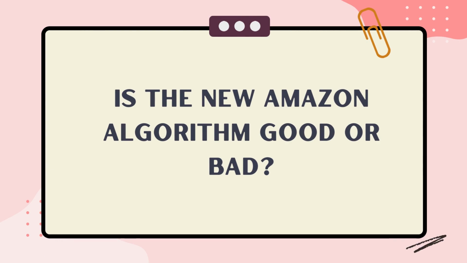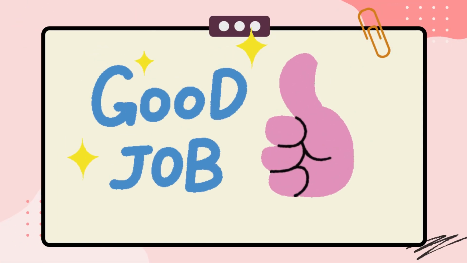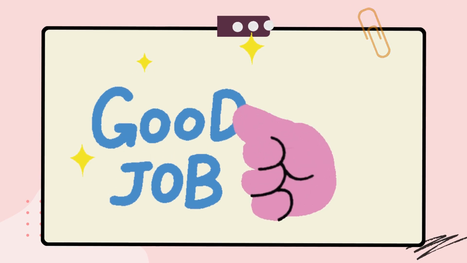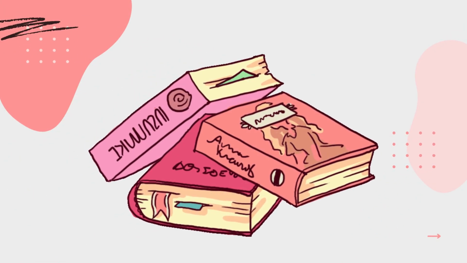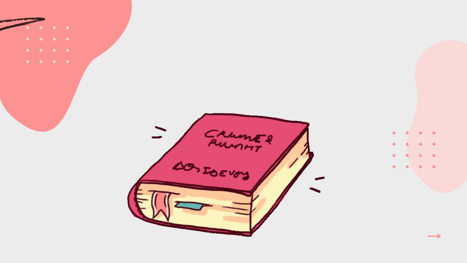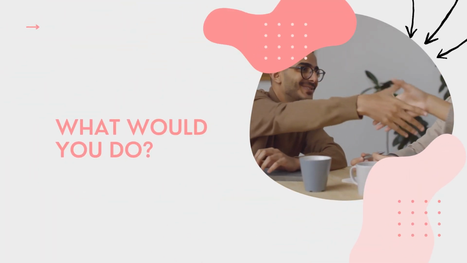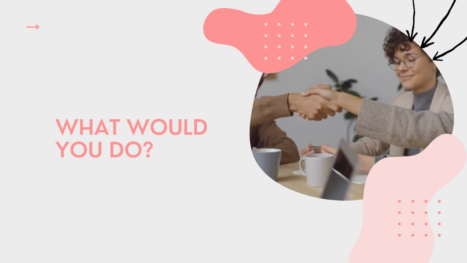So the question is, is this good or bad? Honestly, I feel it's very good. You know why? Because it is less about finding that golden keyword and it is more about making good books and marketing it. Because now it is not about being the first book in the keyword. It is about being the best book in the keyword. The best book gets the reward with more sales. So I do like the change. It is a good opportunity for those who produce quality books and bad news for those who just spam low quality books. So now that you know this information, what will you do with it?